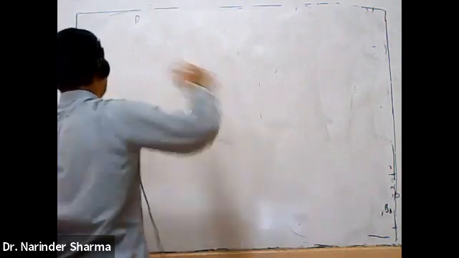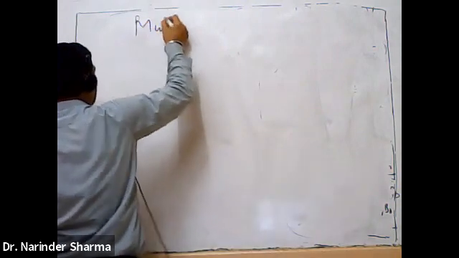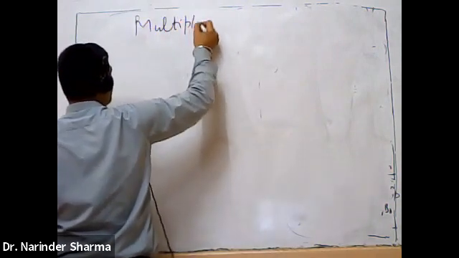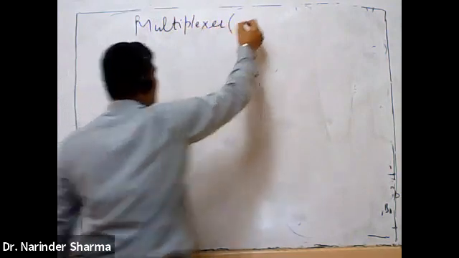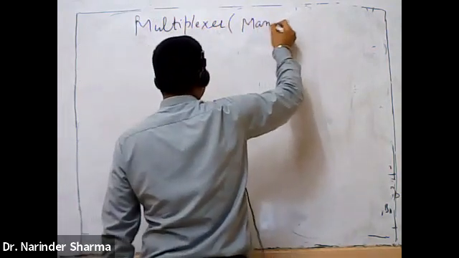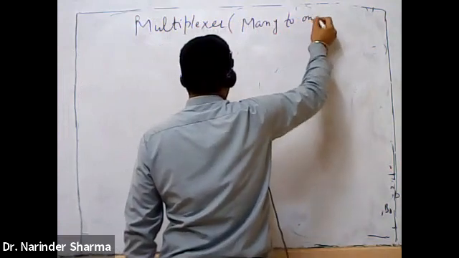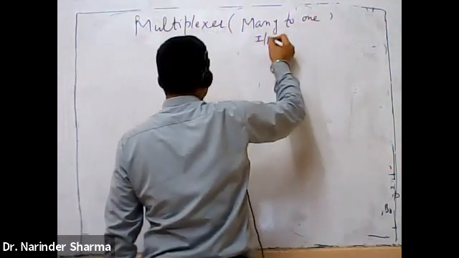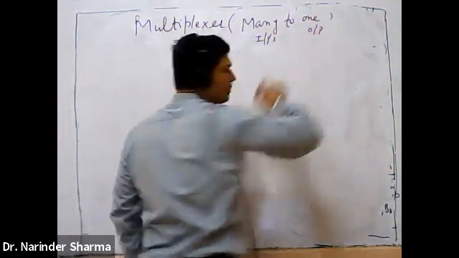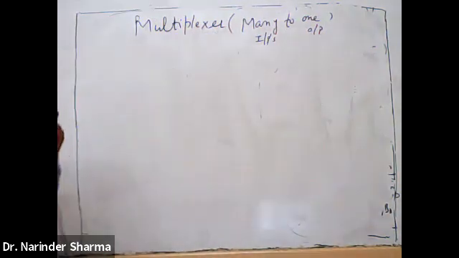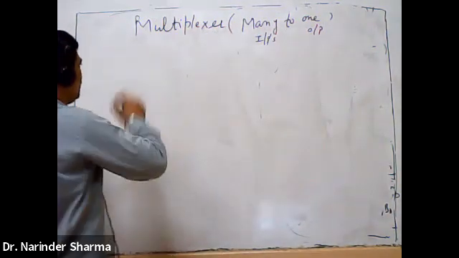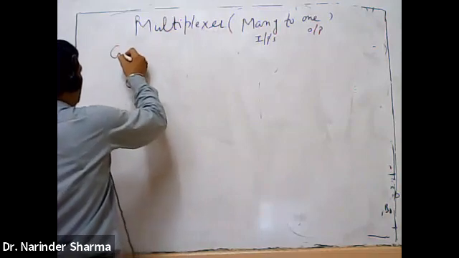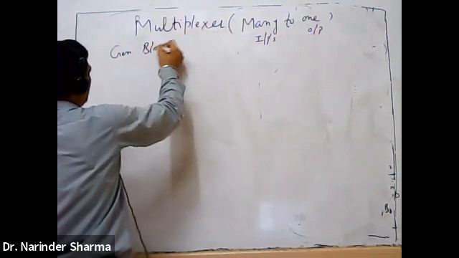For example, let us say this is the multiplexer. It is normally said to be many to one. Many to one means many inputs, one output. If I have to draw its general block diagram,